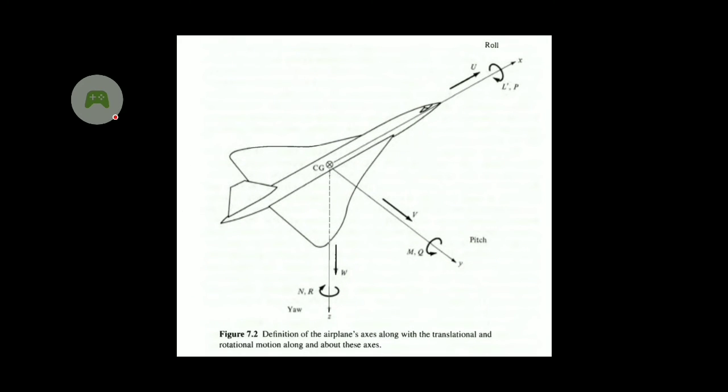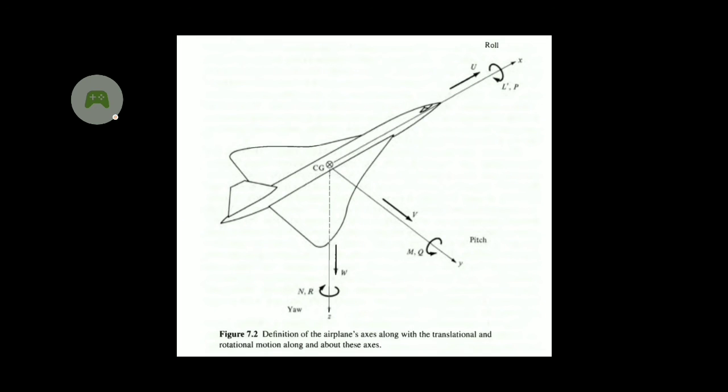One more thing we can analyze over here, that the aircraft can move in forward direction or backward direction, similarly up, down direction, and right and left direction. So we can say the aircraft has three translational motions in X, Y and Z direction that are independent of each other. So these are actually the three degrees of freedom of the airplane.